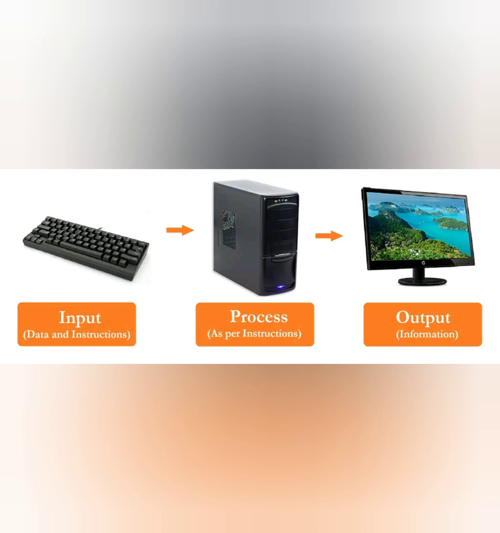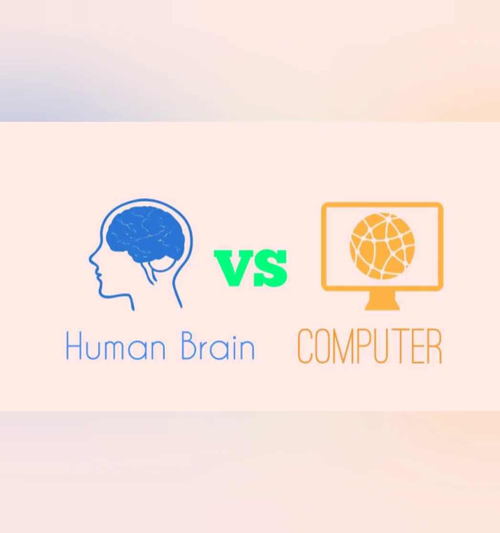In short, we can say any information sent to the computer for processing is called input, and the act of taking the input data and changing it into useful output is called processing, and the processed information sent out by the computer is called output. So, the computer works on the principle of the IPO cycle. We need certain space to store the input data and output data. So, that is the role of memory in our computer.